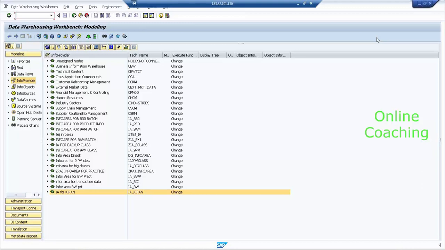So, what is a remodeling of InfoCube? It's nothing but enhancements of InfoCube. If you want to add a new characteristic or a key figure, or delete a characteristic or key figure, it is called remodeling. So you might ask me a question, what is a big deal in just adding a key figure